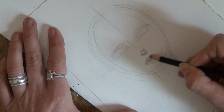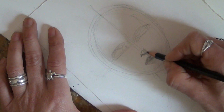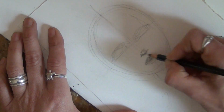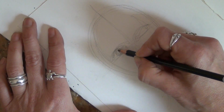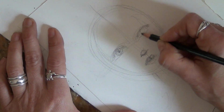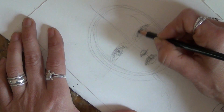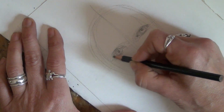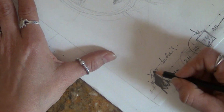So if I do my lips like little circles, I want to make sure that's in the middle. My nose is being cut in half. My eyes, whether I want them close or farther apart. If I put them way to the sides, it's a little bit more anime looking. But the thing is that everything that I'm doing here is with this part of the pencil,